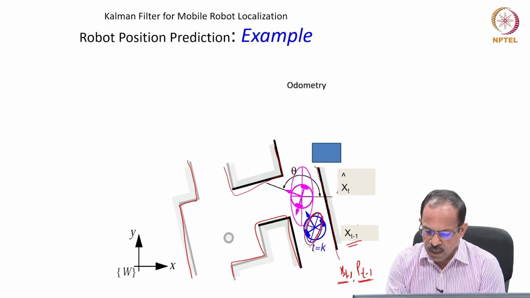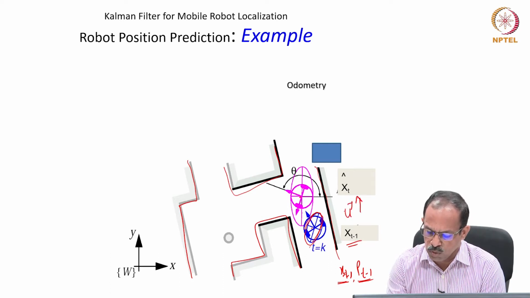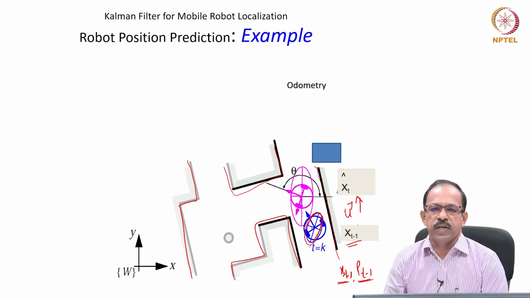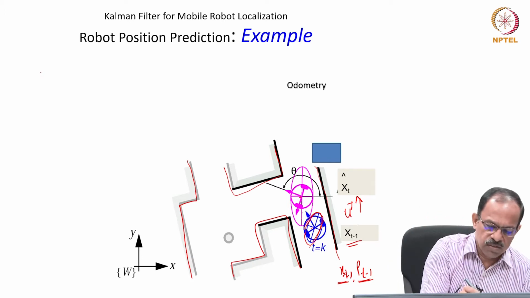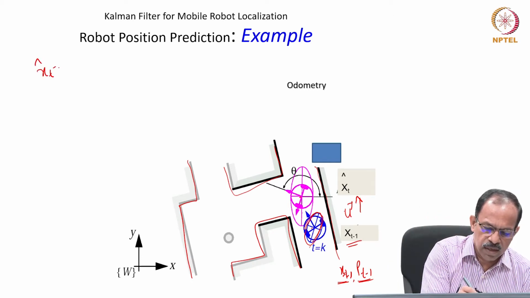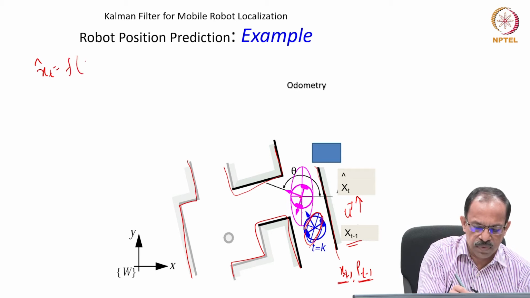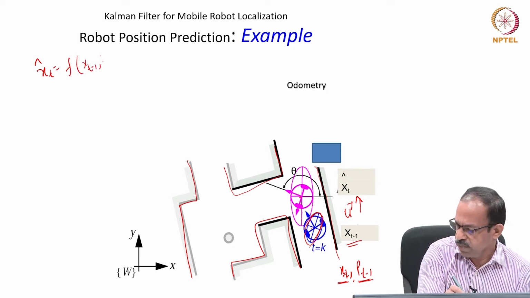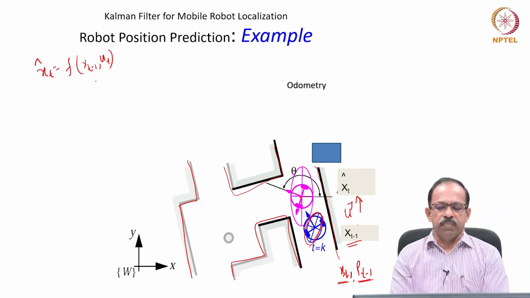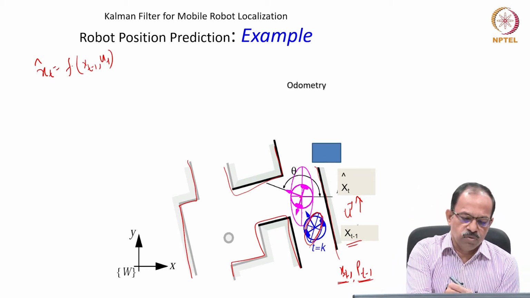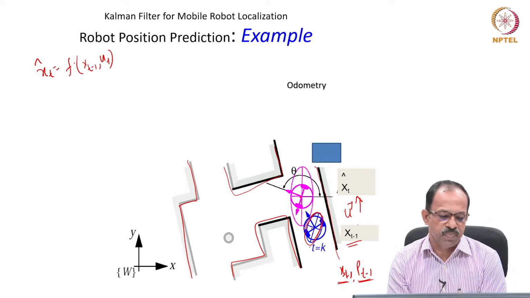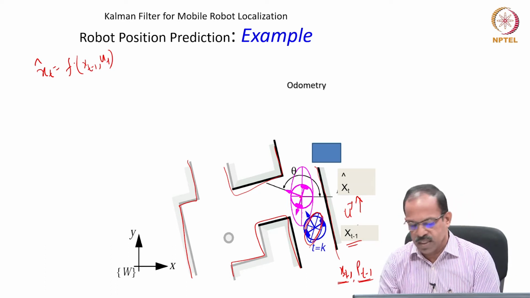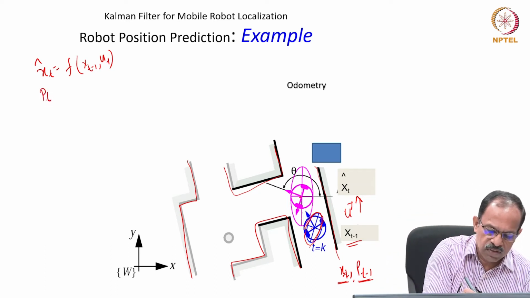Okay, so this is the new position of the robot. So, after getting control input ut, the robot has moved to xt and it has estimated the position xt. So, we know that xt, that is the new position x̂t, is a function of xt−1 and ut, and that is the odometry. If it is a differential robot, we know how to calculate the new position xt. So, x̂t can be obtained, and its Pt, as we know,